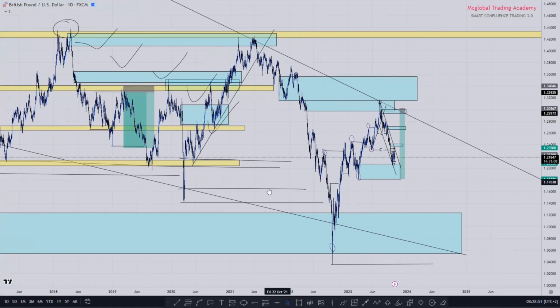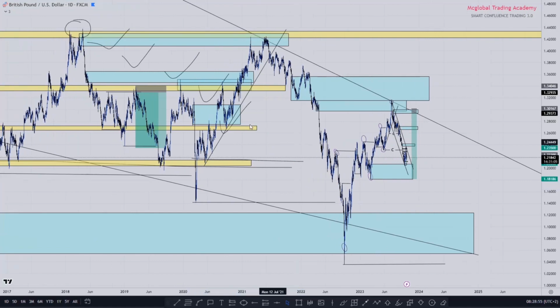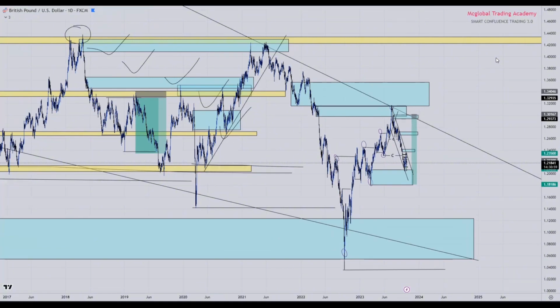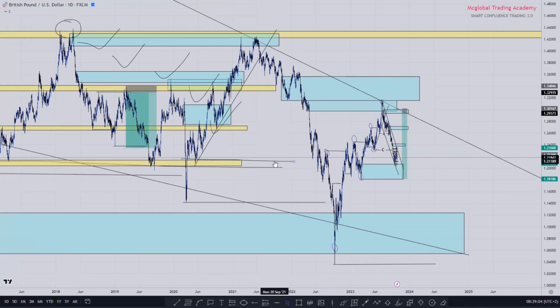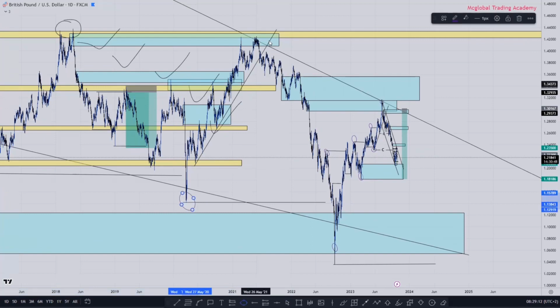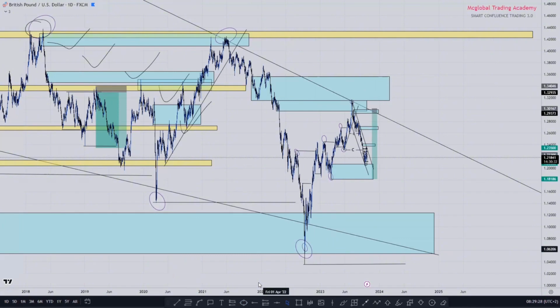So in this case, you can see externally on the daily that we have a very, very clear downtrend. When I say externally, I'm referring to this swing lower high, that's a swing lower high there, this one's a swing lower there, that's a swing lower high there as well. That is the external structure. Same as this one, that's a lower low there. Even this one up here is a lower high. So you can notice that externally,